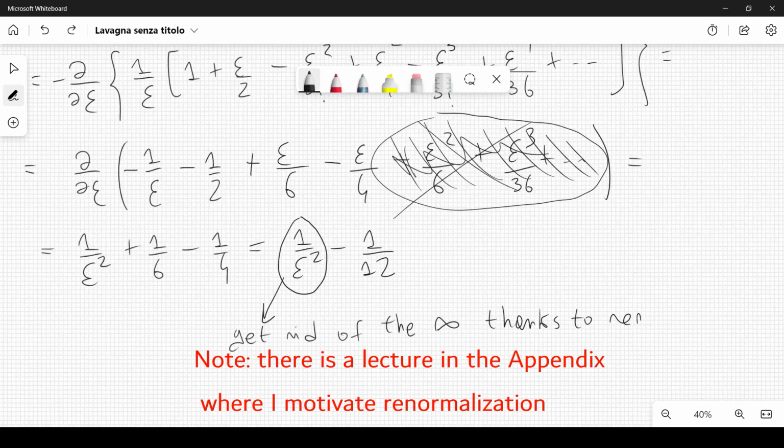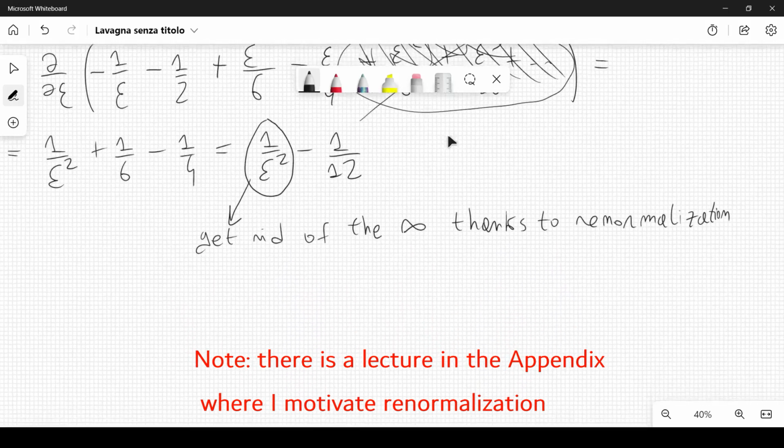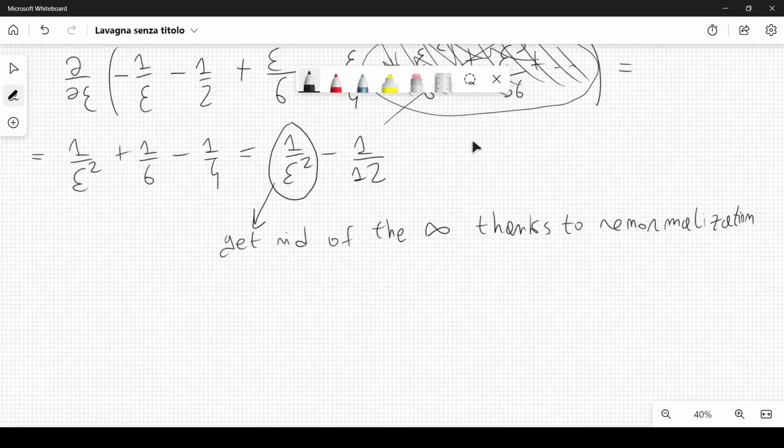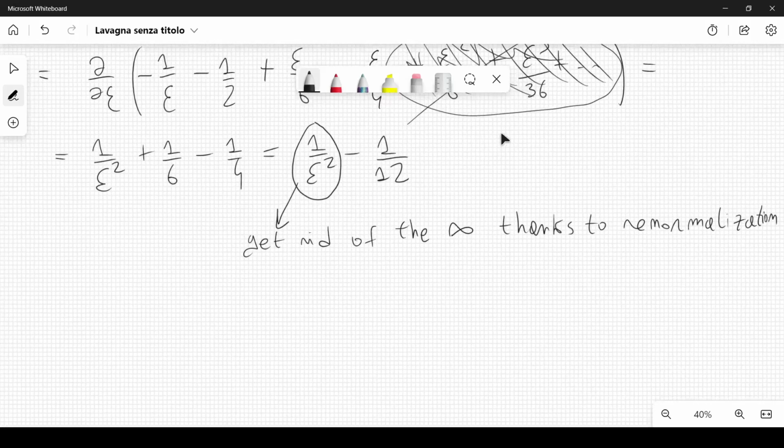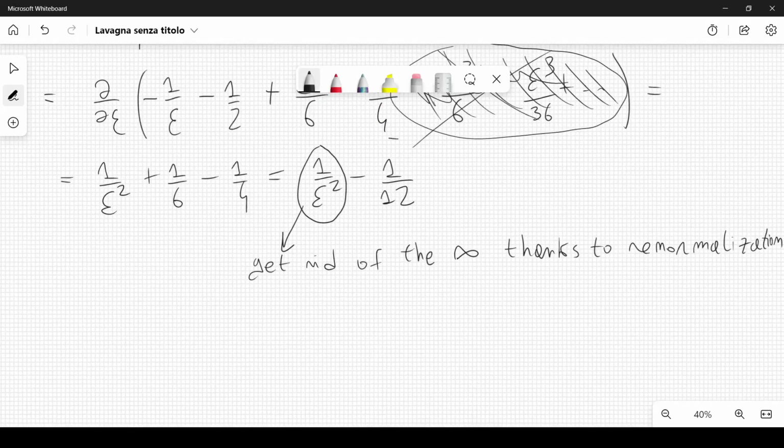And I will not, of course, get into the details of renormalization, because it is a very huge topic, and I will just try to tackle it informally and intuitively. That's what I want to do here. But the theory can be renormalized, and therefore this is the value that we can attribute to our series. So minus 1 over 12, which seems strange, but it is something that